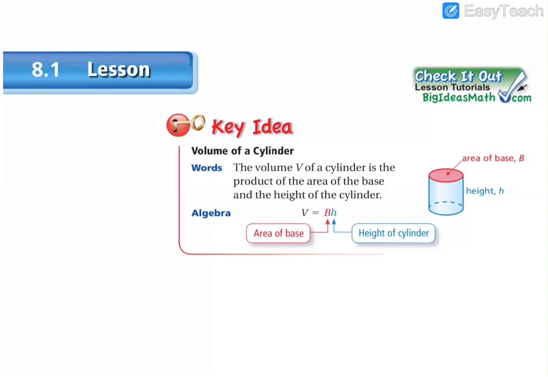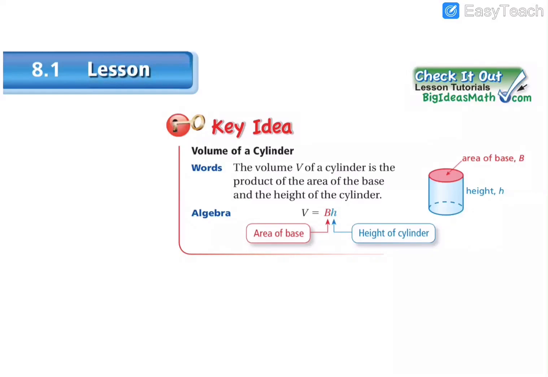Unfortunately, the activity was going to be way too difficult for you to do on your own at home. And this is one of the easier ones. We will do a visual demonstration for tomorrow, but for today we're just going to jump into volume of a